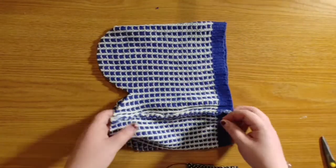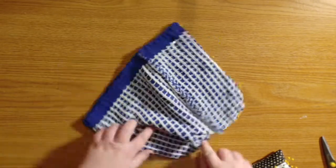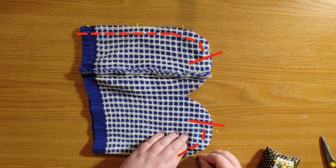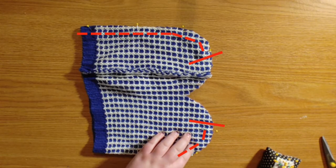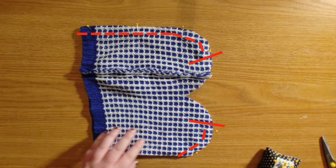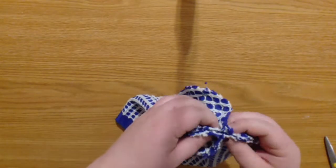Make sure that you are lining up the edges as so, and then we're going to pin all the way around until the very top, and then go to the top of the next one and pin that around. You're not going to sew where there are no red marks. Only sew on the outside edges and leave that center part of the M shape open. Once you have that sewn, you're going to want to sew it with a zigzag stitch,